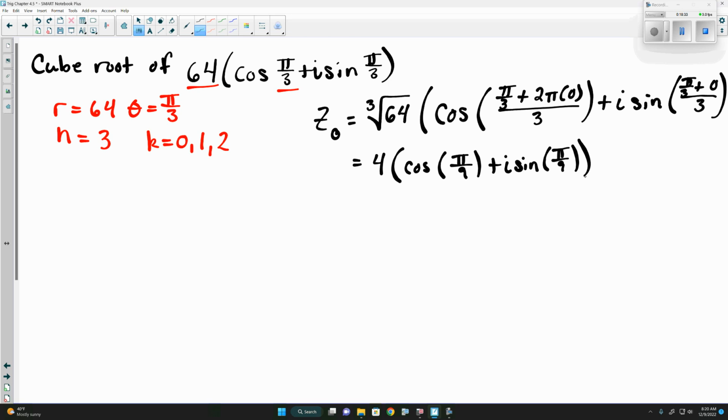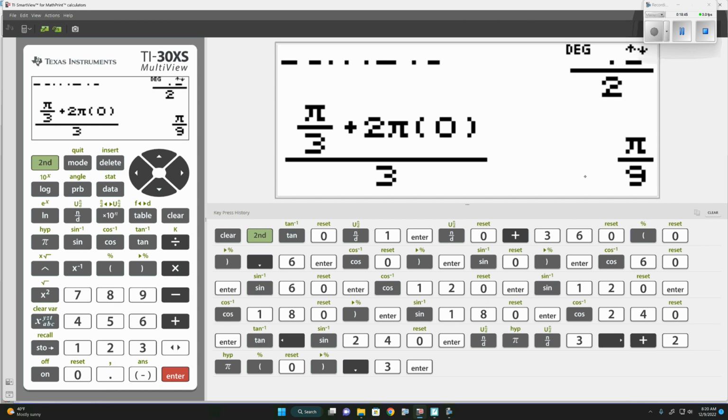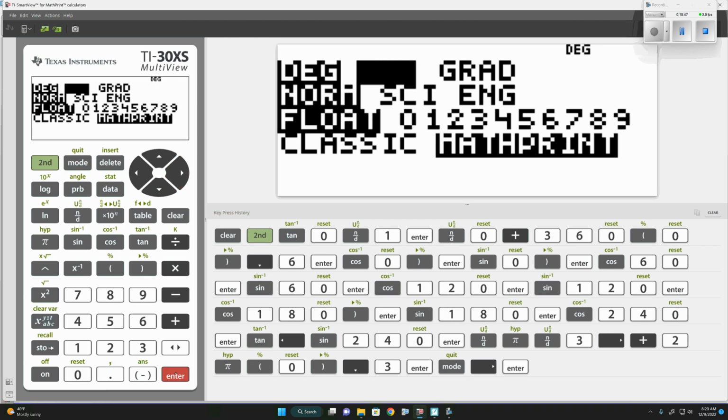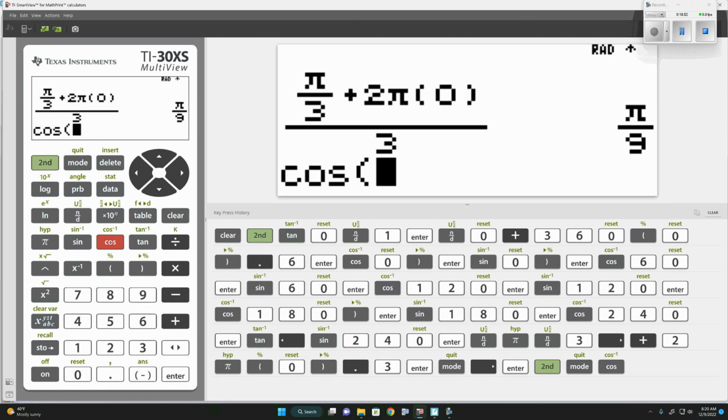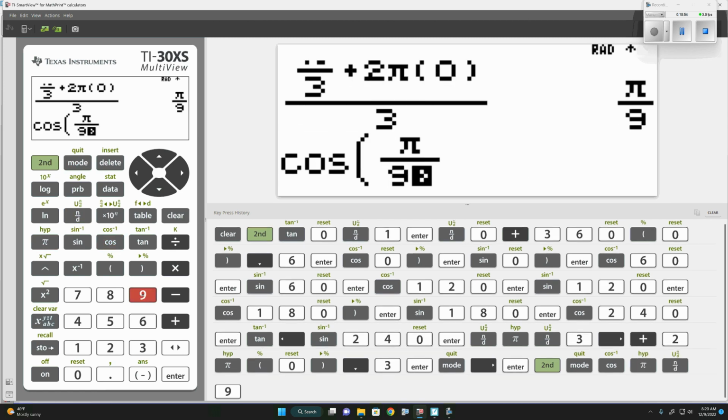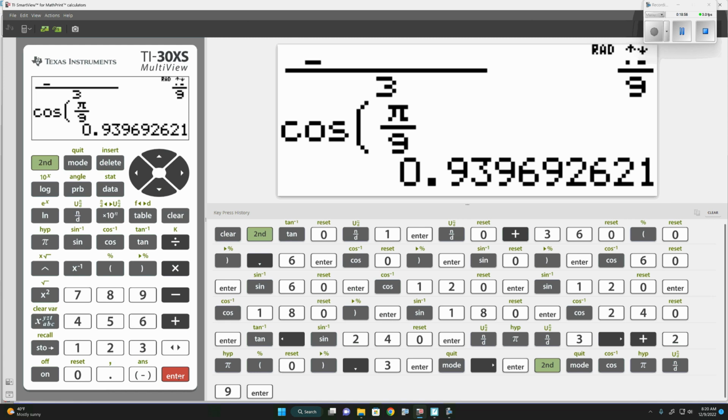So on the test, this is as far, again, as I'd make you take it. It's in polar form. This is the answer. Because there's a good chance, bring the calculator up. Now, again, we're in radians, so I need to change the calculator over to radians. And we can say cosine of pi over 9. Okay. That's already telling me these aren't going to be nice numbers. And if that is the case, and we're going to 3 or 4 decimal places,